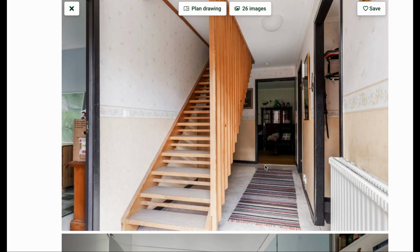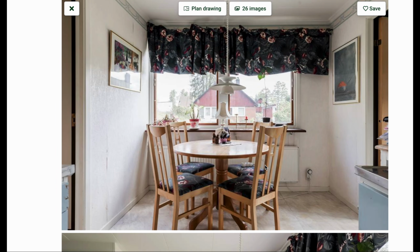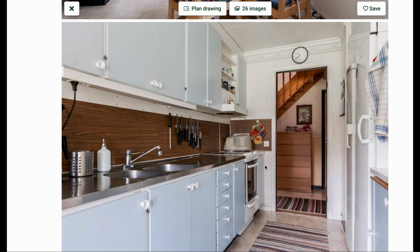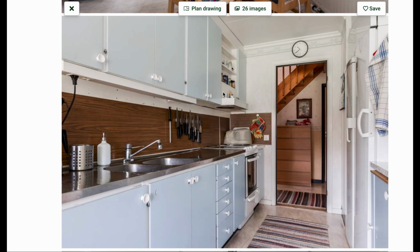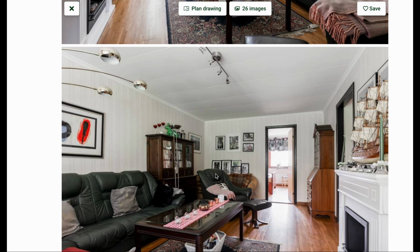This is inside, the stairs, the kitchen. It looks very livable. If you have watched any of my previous videos, I did sometimes show very cheap houses, but they also looked very cheap inside. Whilst this is not the most modern kitchen, it's definitely very livable in here. And the living room,